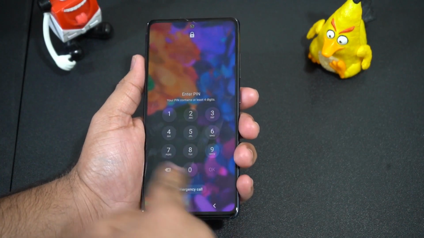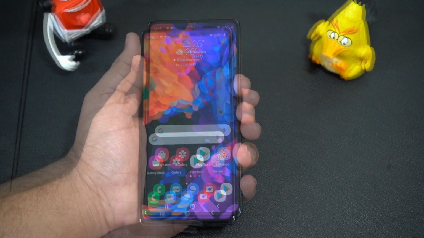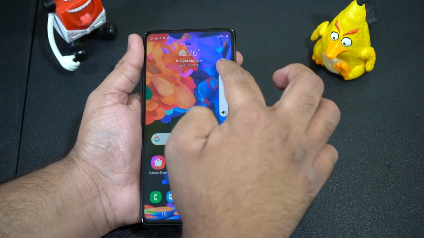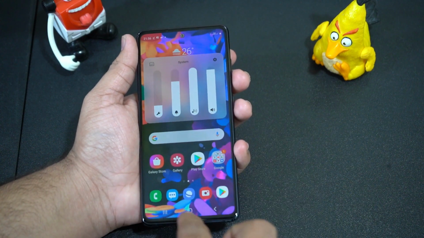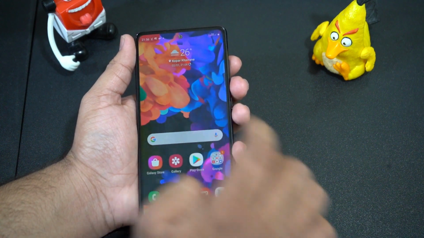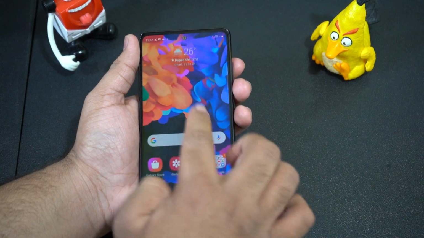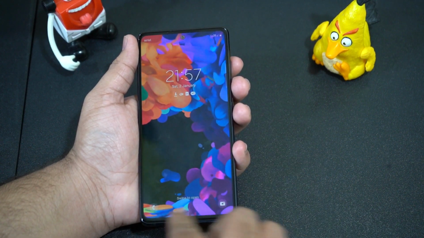The new circular theme has been applied to the lock screen as well, and now the password numbers have a circular look. The volume bar has been moved to the right with a new look, and the volume controls page has been redesigned as well, and instead of thin blue lines, volume controls now have a tubular design which looks much better. Now you have the double tap to lock option as well, which can be turned on from settings in advanced feature options. The icons on the lock screen too have a transparent background.